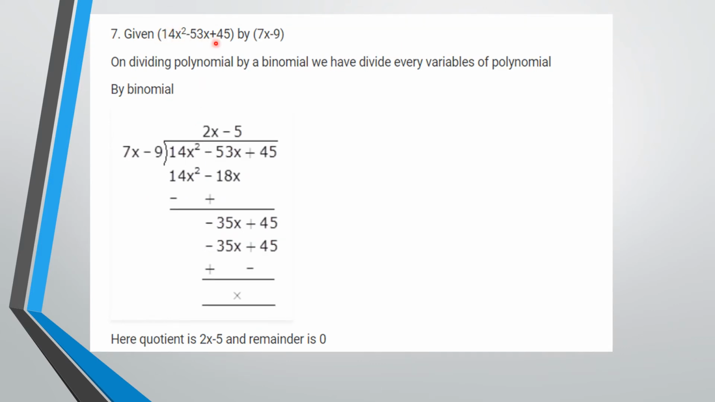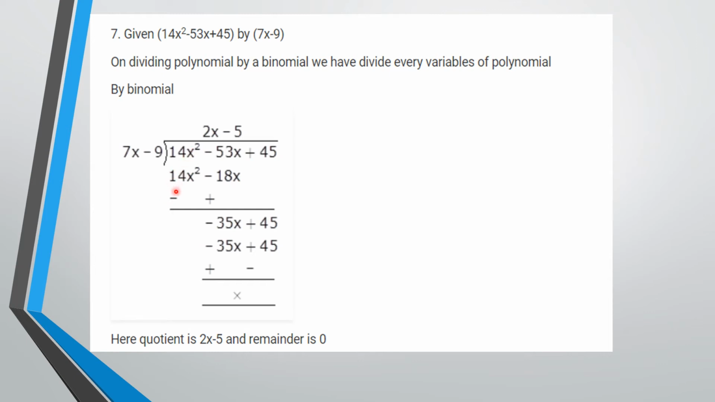Similarly, we are dividing the polynomial by 7x minus 9. The divisor is 7x minus 9. The dividend is 14x^2 - 53x + 45. What number do I have to multiply to get 14x squared? Already 7x is there. So for x squared I have to multiply another x and 2. So I get 14x squared minus 9 2s are 18x. So this gets